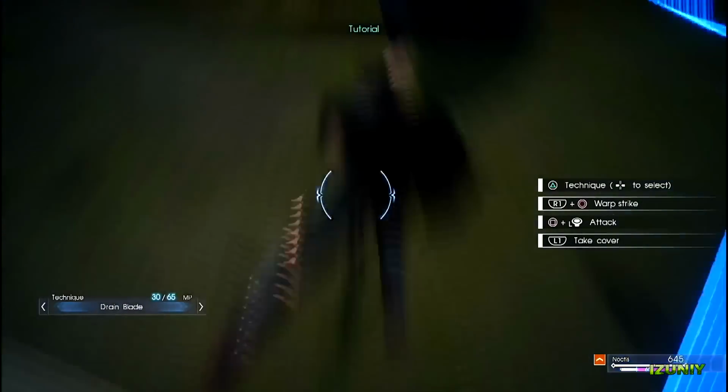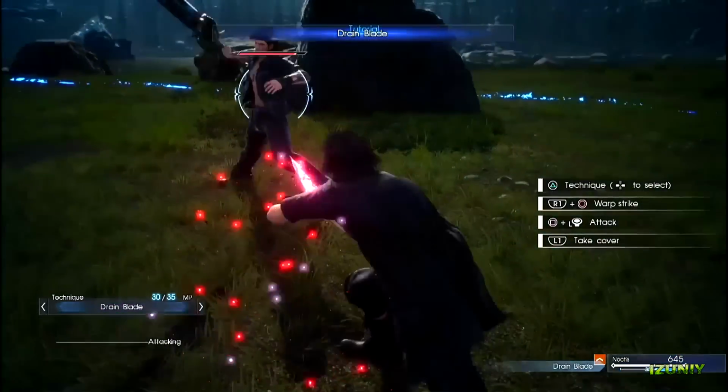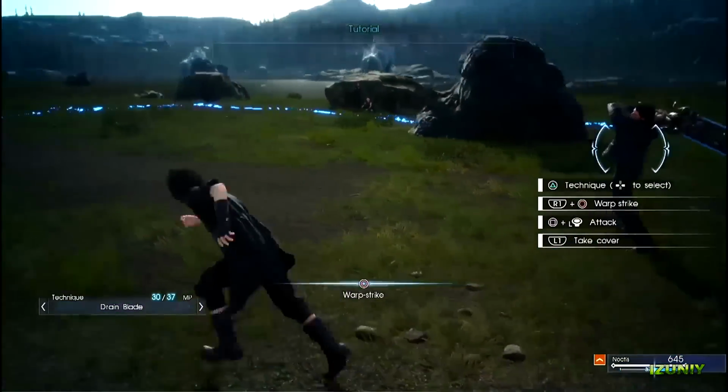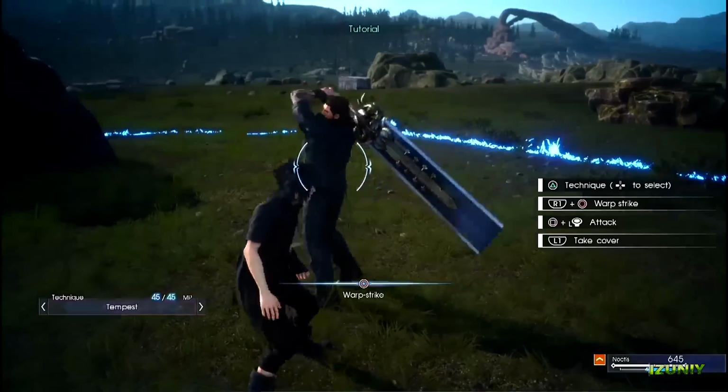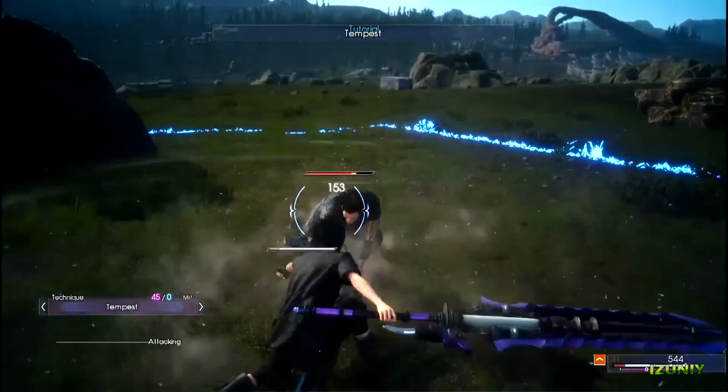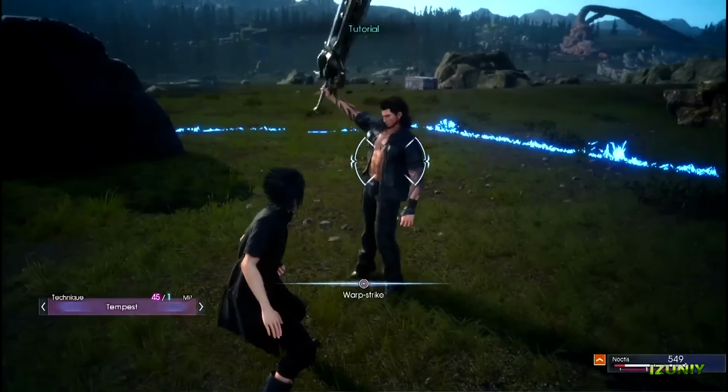That's cheating. So use techniques, use warp, use defense, but try to manage your MP wisely. That's rule number 2 from Gladiolus. And in this game, you can parry enemy attacks. To do that,